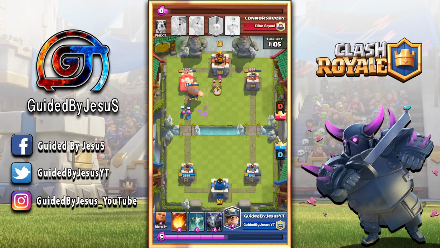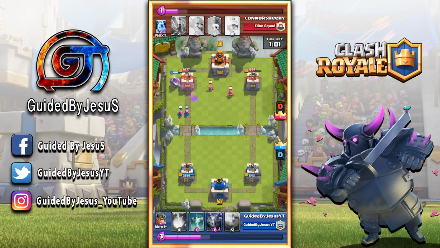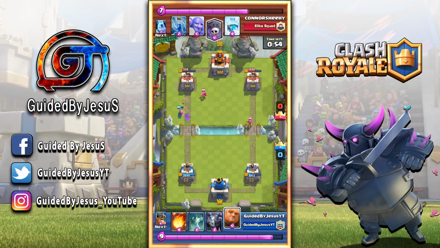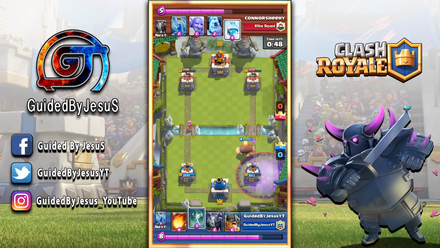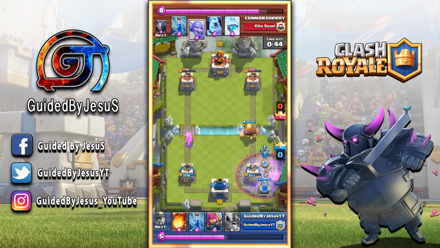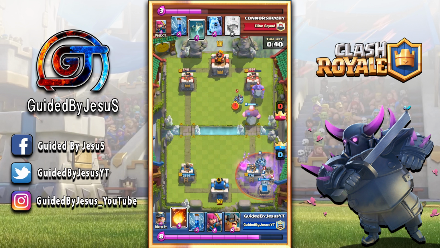Brought his tower to half of the HP, and watch what I do here with the Minor, guys. It tanks for the archers, and look at that. With one single push, we are able to bring his tower down to 240 HP. I just did a knot on his head there because I'm pretty sure he assumed that I was gonna back up the Elite Barbarians instead of backing up the giant, which is what I did instead, guys, and that really